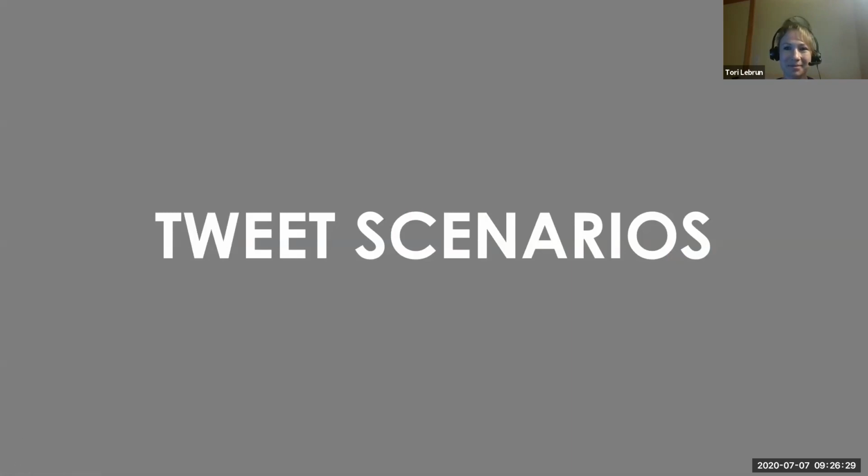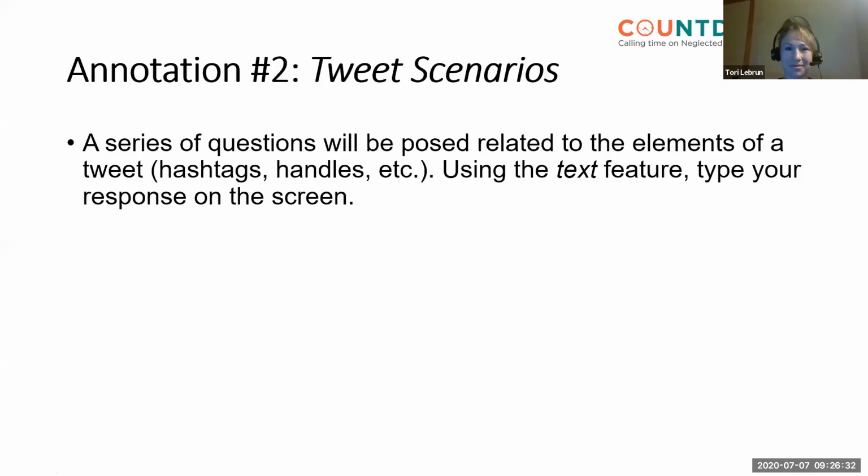Next slide. This section, these next couple slides, we're going to be using annotation again, but we will use the text feature. So go to the select view options at the top of your screen, but this time choose text instead of symbol. And these scenarios are going to build on what we've learned. Your responses will be anonymous, so don't be afraid to share. Next slide.